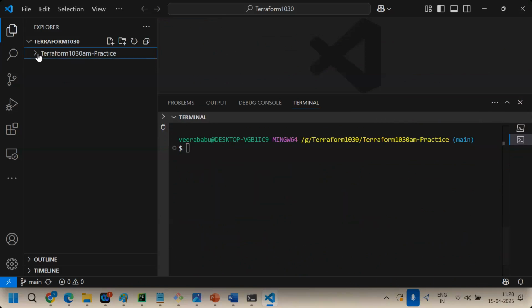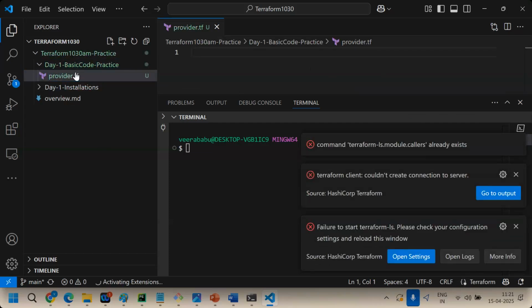Okay, so I'll do one thing, I'll create one more: day one basic code practice. So create the files. First file is what?